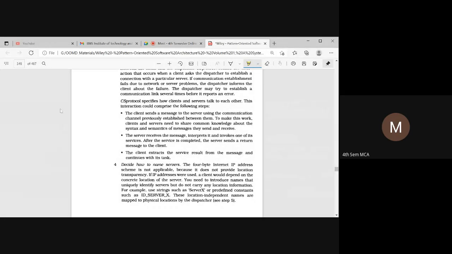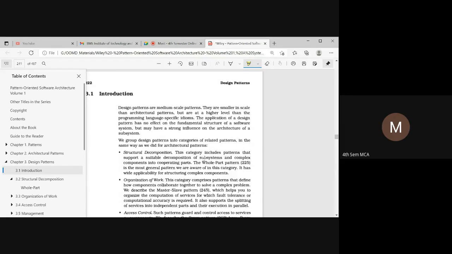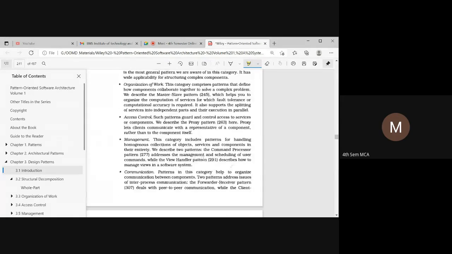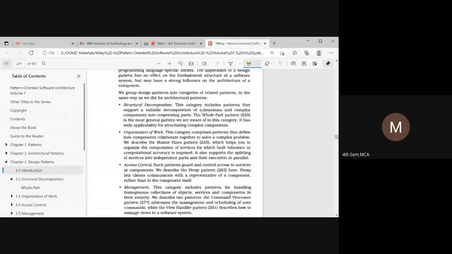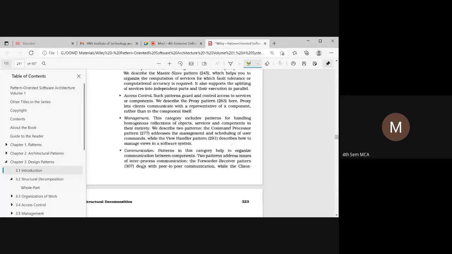So I'll just make a full recap of the design patterns, that is chapter 3. In chapter 3, before that, we had a classification of architecture patterns, identified as structural decomposition, organization of work, access control management, and communication pattern.